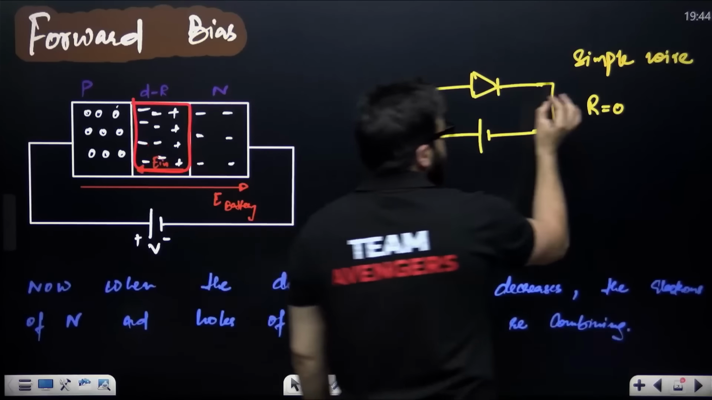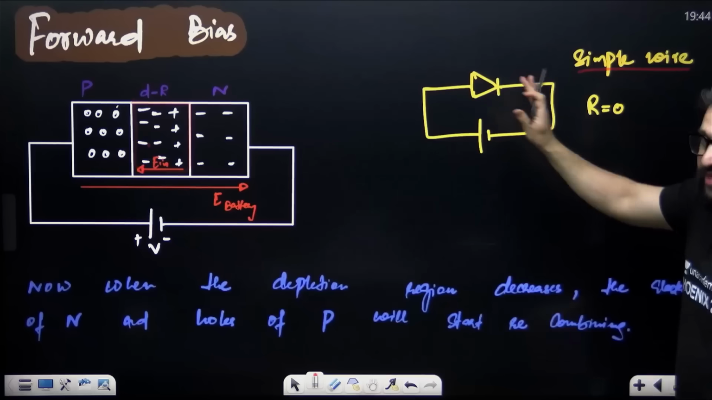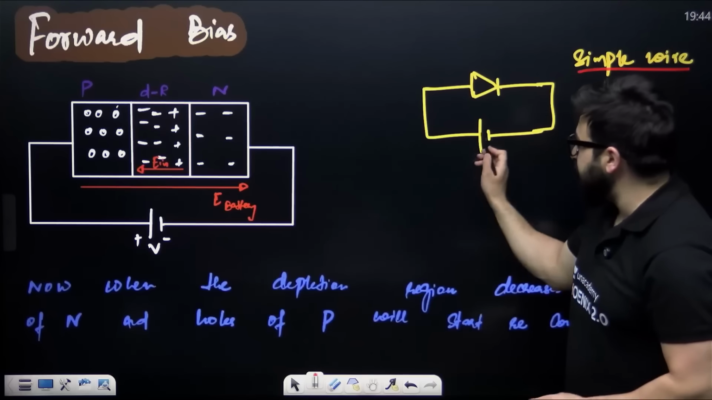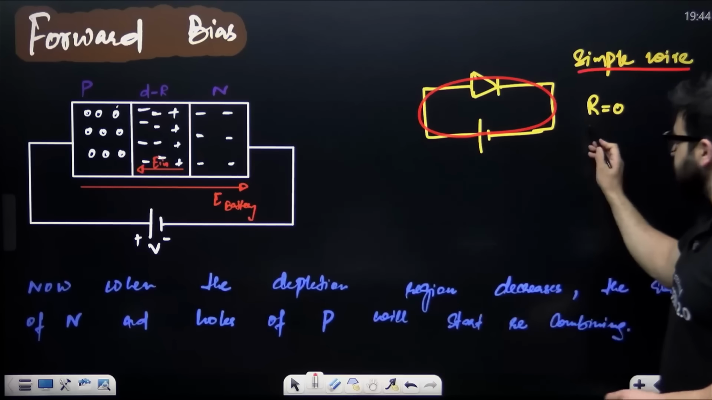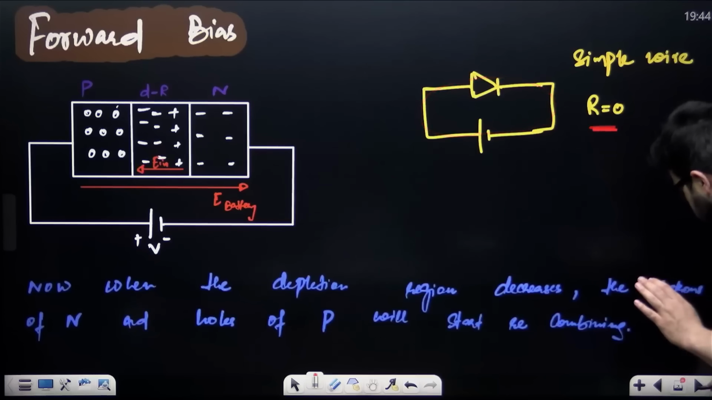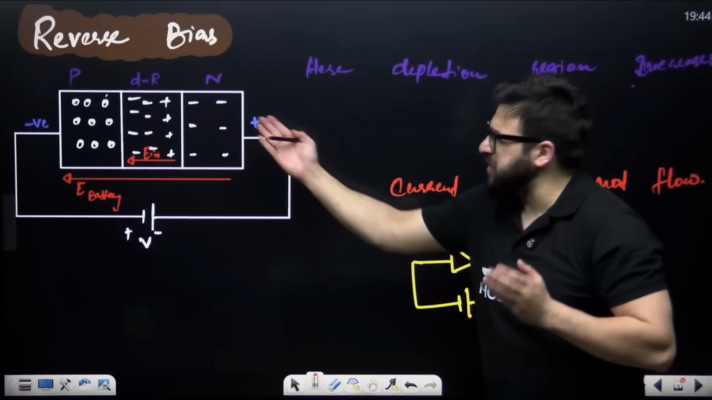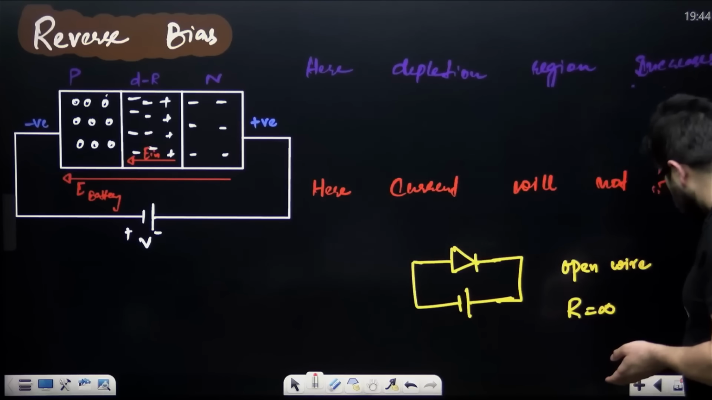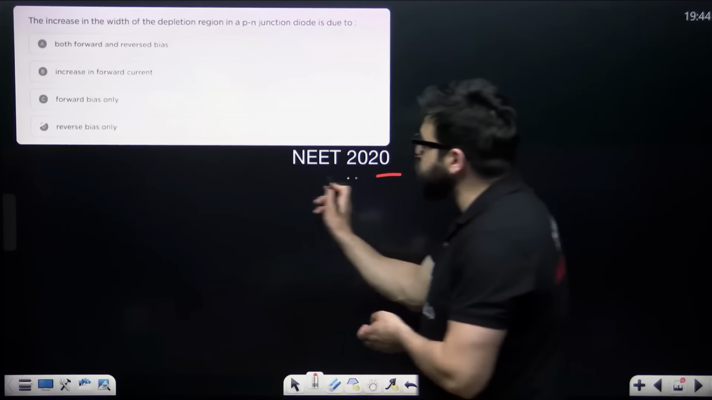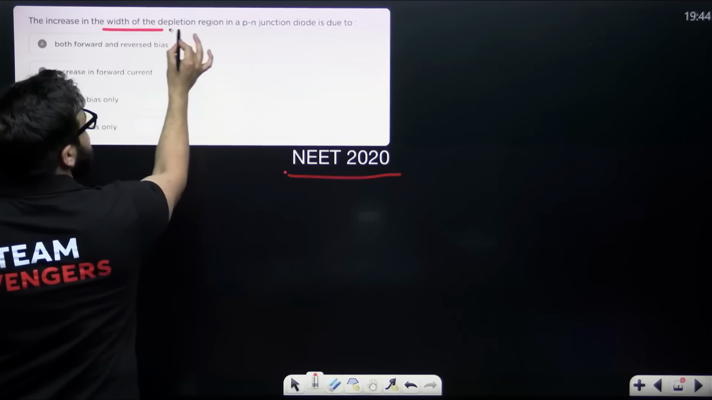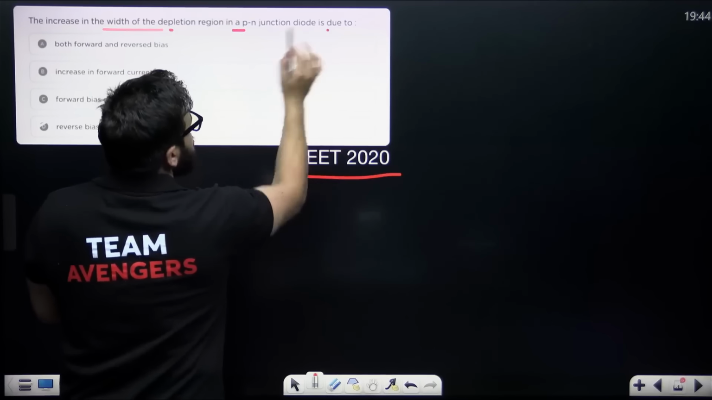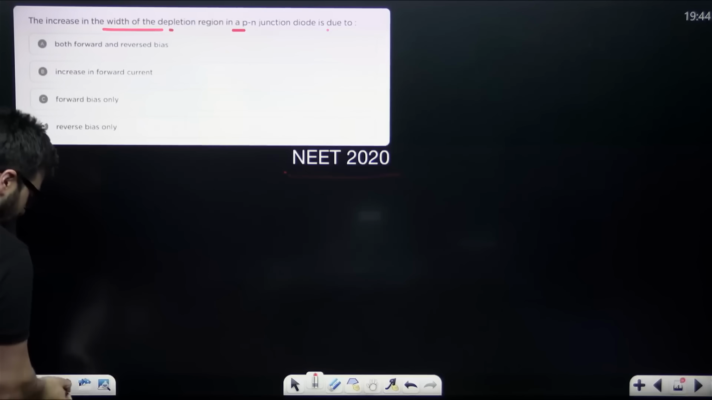And one more important thing. In case of forward bias, this semiconductor behaves like a simple wire. Current easily flows. Means the resistance over here is zero. That's it. And you can see tons and tons of questions have been asked on this particular information that I gave you. NEET 2020. The increase in the depletion region in PN junction diode is due to,